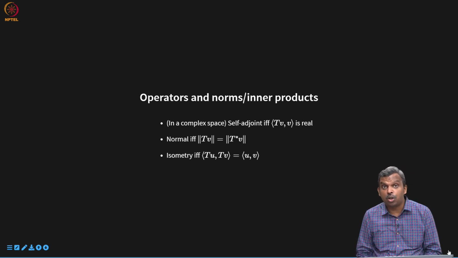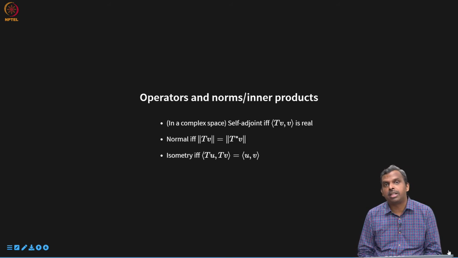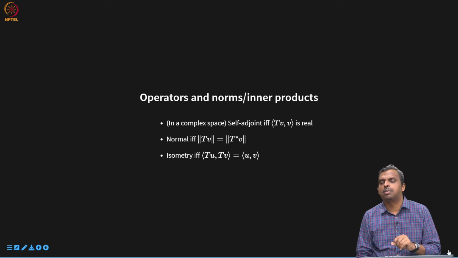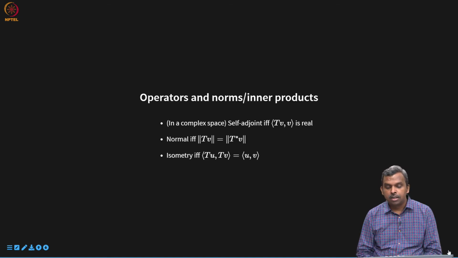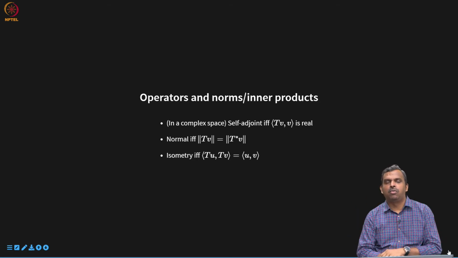And for isometry, we saw that the norm before the transform and after the transform have to be equal. But more interestingly, for any two vectors, the inner product has to be preserved by the isometry. So these are nice, interesting properties. And we also saw this other very interesting property which helps us prove the spectral theorem: normal means eigenvectors corresponding to two distinct eigenvalues are orthogonal. That's at the heart of everything. I didn't quite put it down, but we spoke about the spectral theorem before, so it's sort of hidden in there.